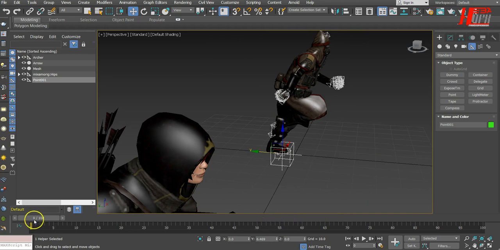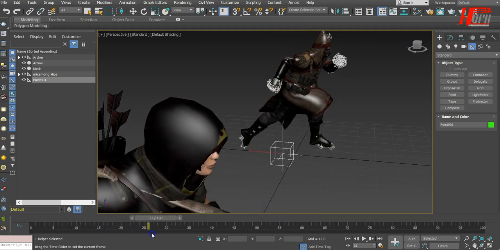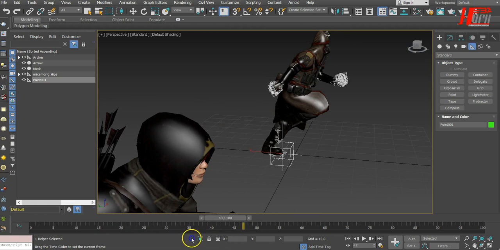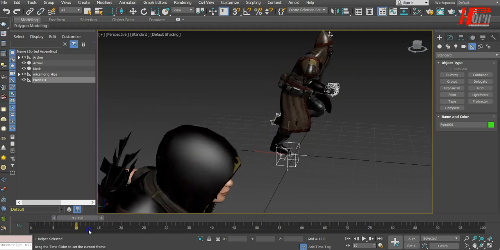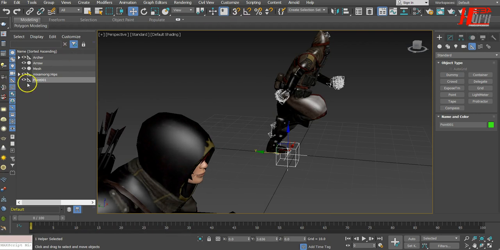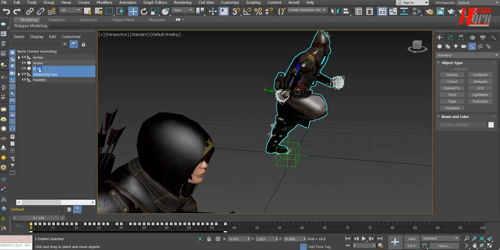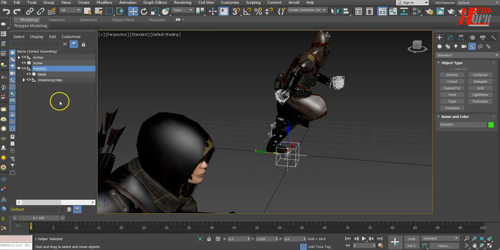Okay, just to be sure it's at the center. Okay, or if I want to, just like that, anywhere you want. Okay, and let's select all the hips, let's select all the mesh. Okay, and take them under the point. Okay, yes, and let's rename it